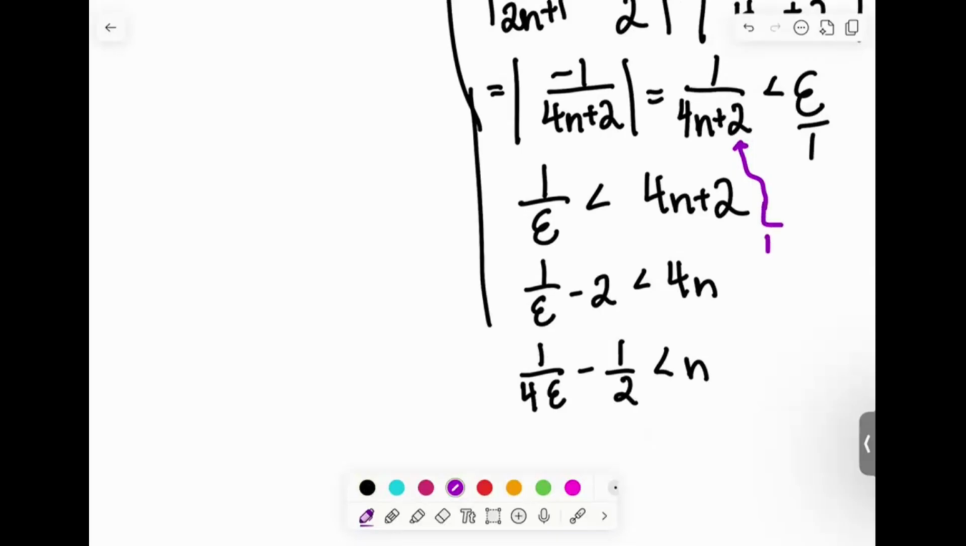I could have said 1 over 4n plus 2 is less than 1 over 4n, which is a true statement because I've made my denominator smaller, which makes my whole thing bigger, right? Like 1/2 is bigger than 1/3 is bigger than 1/4, etc. But I'm just gonna